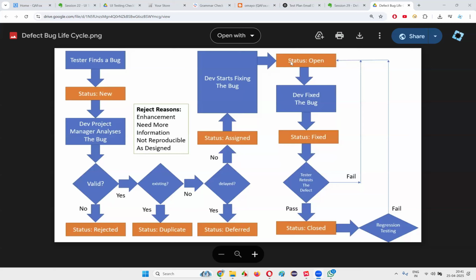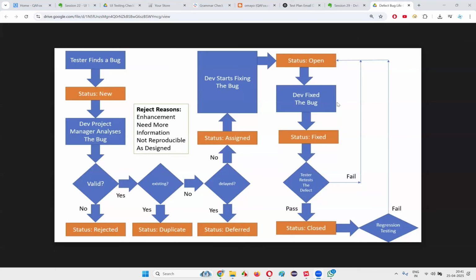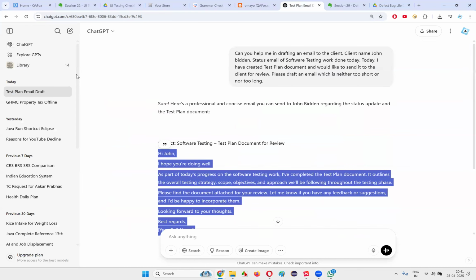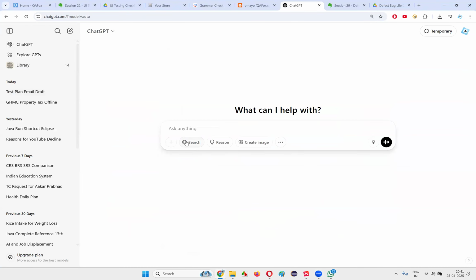Okay, fine, no problem. If you are using a bug tracking tool, don't think that whatever I'm covering here will exactly match every bug tracking tool. There are hundreds of bug tracking tools in the market. If you go to ChatGPT and ask it to list down the top 100 bug tracking tools in the market for reporting defects,